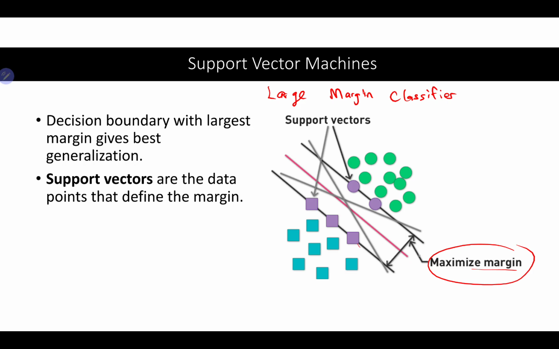If you assume this to be the no man's land here, then these are what we refer to as the support vectors, because these are the points that really do the heavy lifting in terms of defining the boundaries. You see the lines pass through them, and basically they are the ones that hold them in place. Okay, so this is the boundary line, and these two lines are the ones that basically define the margin